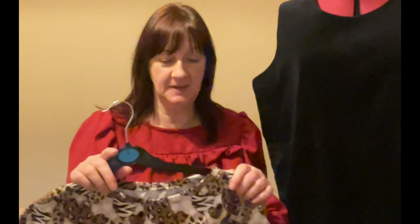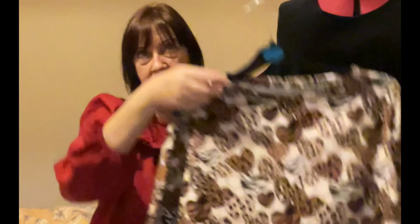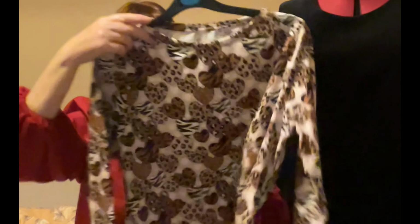So I've made a couple of Billies and I've made the South Bank sweater and I've made a sweater top. And I was getting a bit bored, so I thought I'd try something else. So I tried this, the Friday Pattern Company Bateau top, B-A-T-E-A-U, don't know how you say that. Simple